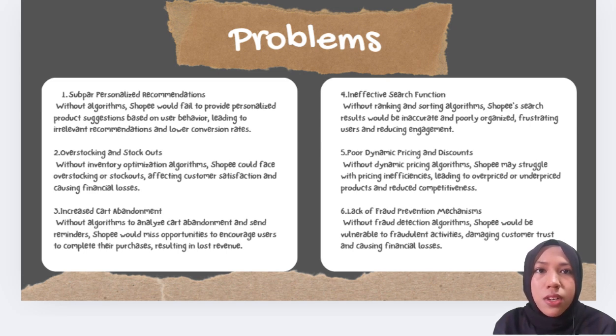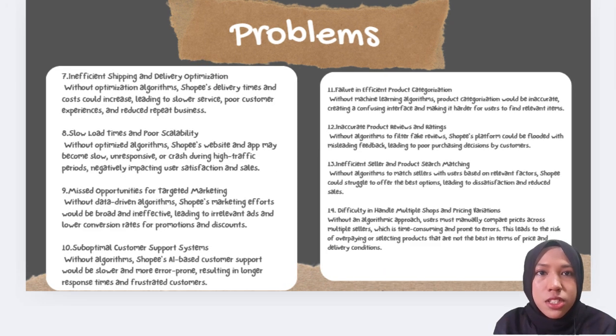6 is lack of fraud prevention mechanisms. Without fraud detection algorithms, Shopee would be vulnerable to fraudulent activities, damaging customer trust and causing financial loss. 7 is inefficient shipping and delivery optimization. Without optimization algorithms, Shopee's delivery times and costs could increase, leading to slower service, poor customer experiences, and reduced repeat